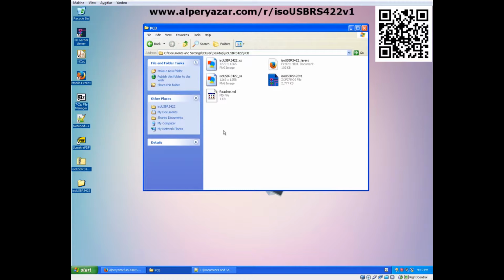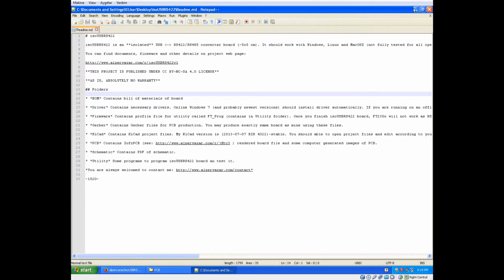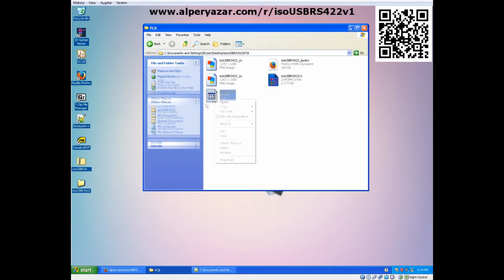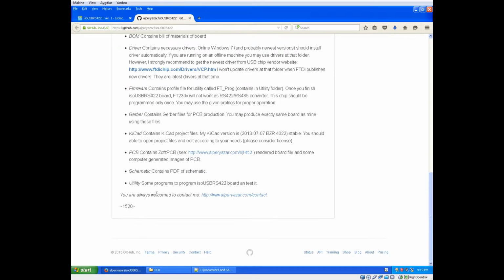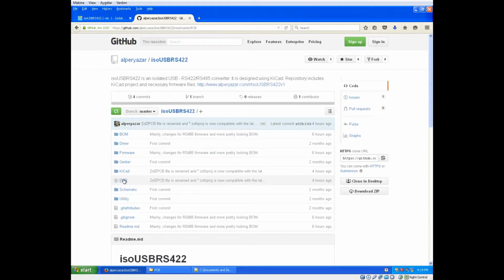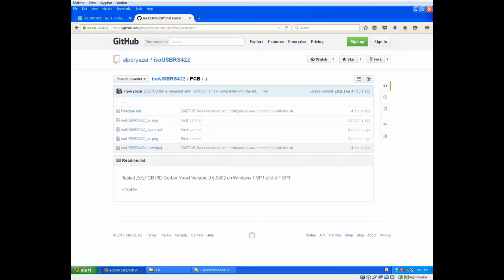Also, there is a small README file in this folder. You can read it either using a text editor or from the GitHub page by clicking the PCB. Okay, let me continue with my text editor, Notepad++.